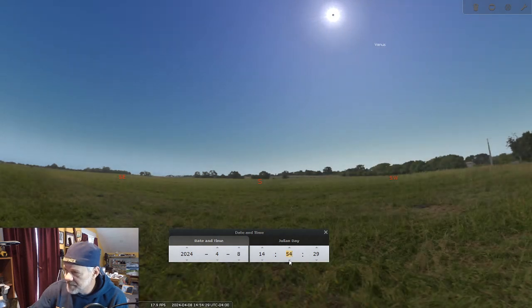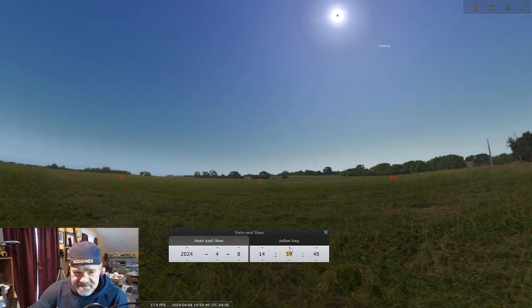Now here at 2:53, you notice that there is no dot for Venus because it's not going to be showing up. But as the moon passes in front of the sun, the further along it gets, Venus is going to start to appear. All right. So here we are at 3 o'clock in the afternoon on April 8th, and we get a tiny little dot. I can't remember what the percentage of coverage at this particular time is, but you'll get the